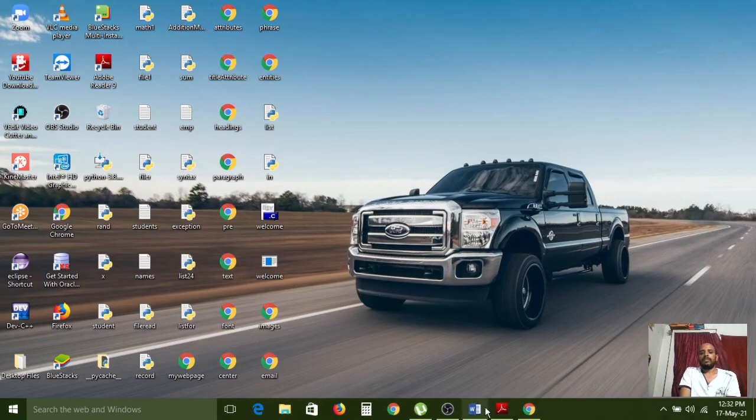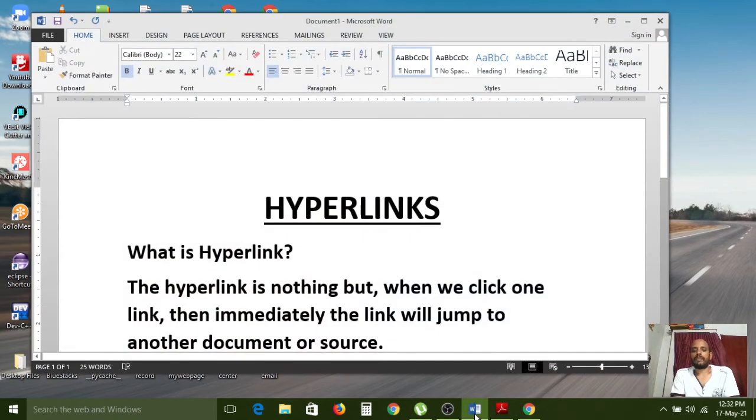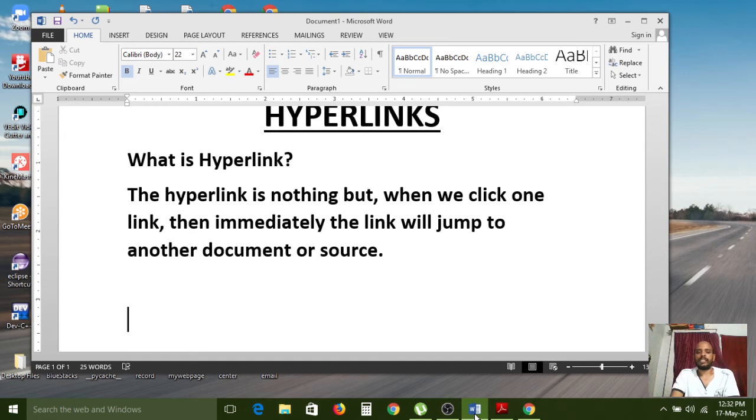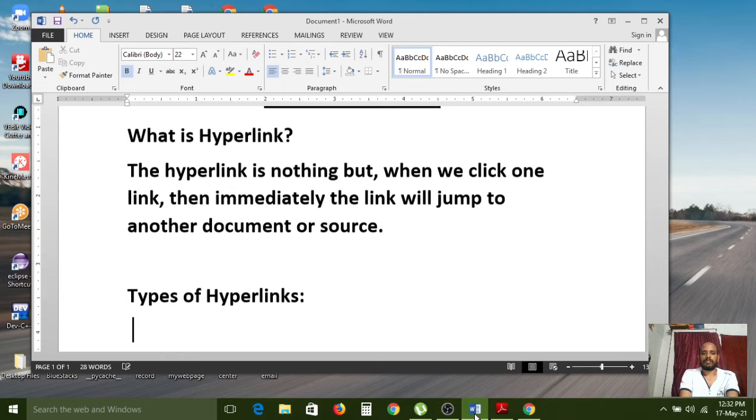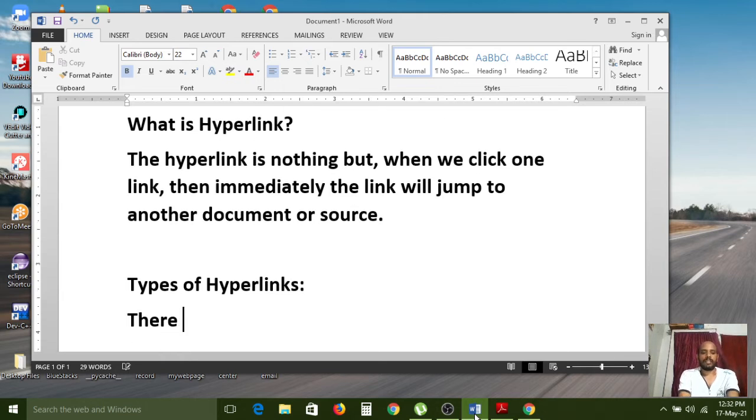So as a programmer, as a web developer, we should have an awareness of how to create those links and how many types of links we have. Types of hyperlinks. There are two types of hyperlinks.